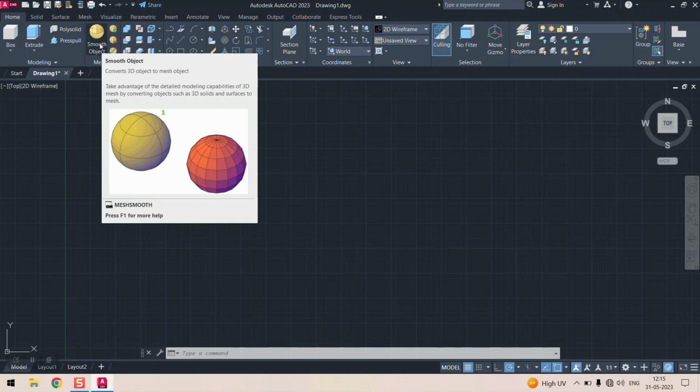Smoothen the object. What will this option do? This option will help you to smooth your object or smooth your meshing in order to get data as close as possible to your 3D data. So meshing is basically the approximation of your CAD, and